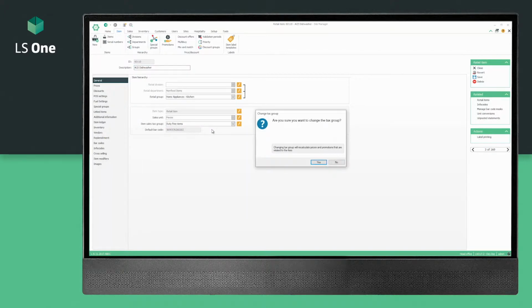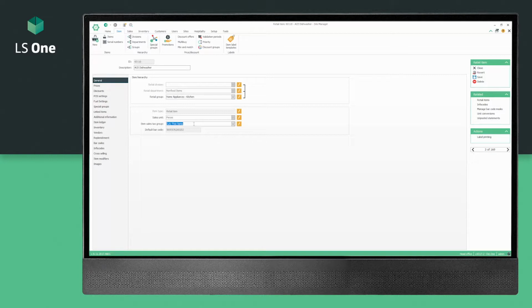And that's a duty-free item. It's the duty-free item that I set up in the store. So what will happen is the following. If I've got two tax codes set up on the item like I've done here before, and I've got a customer that also has a dual tax code set up, like my foreign customer, the system will then overlap these two taxes and calculate a tax based on both of these